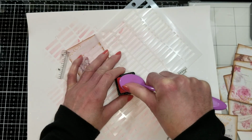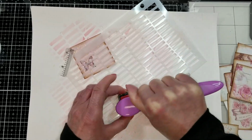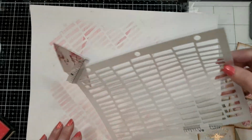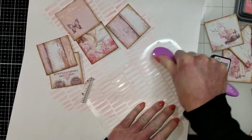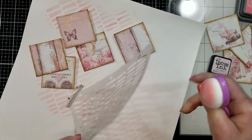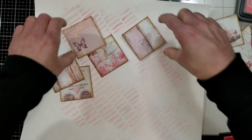With this ink, I noticed that this one is a little dry, so it takes me a little time to blend this well on the background, but for sure this one is a little old and I need to replace it. Anyway,